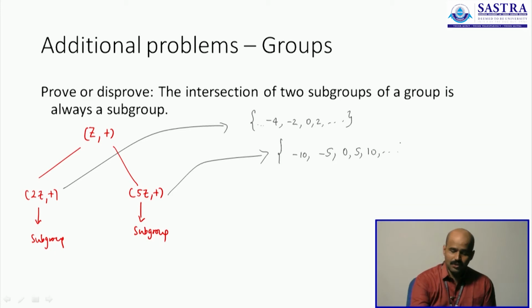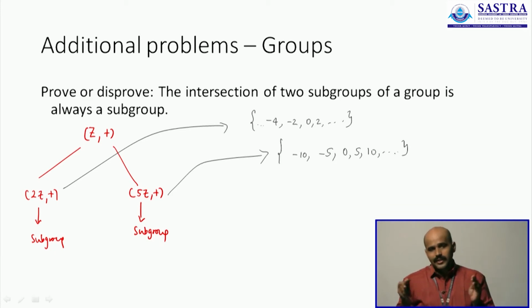So we have this. Now we have already seen that these two subsets are actually subgroups. They are closed. They have the inverse for every element, and the two condition test can be applied to claim that this subset is actually a subgroup. These two are subgroups. There is no worry about that. Now we are concerned about the intersection. What elements are common to both these subsets? That's what you mean by an intersection, don't you? An intersection is the collection of all elements that are common to both sets considered.